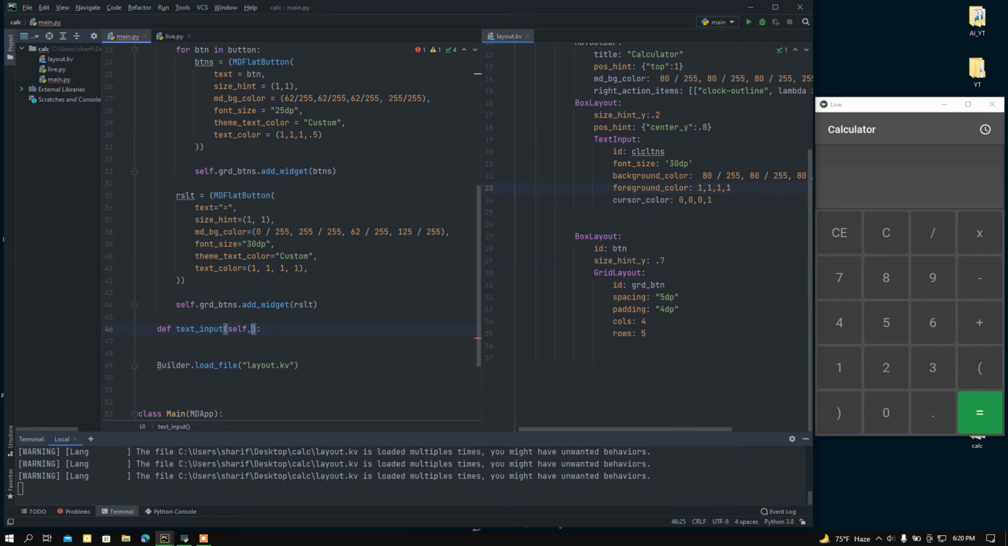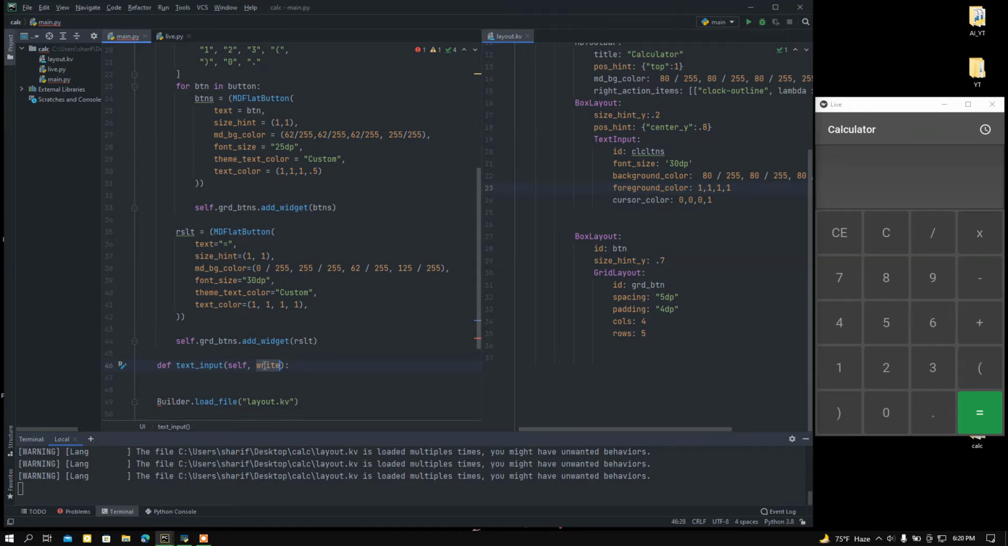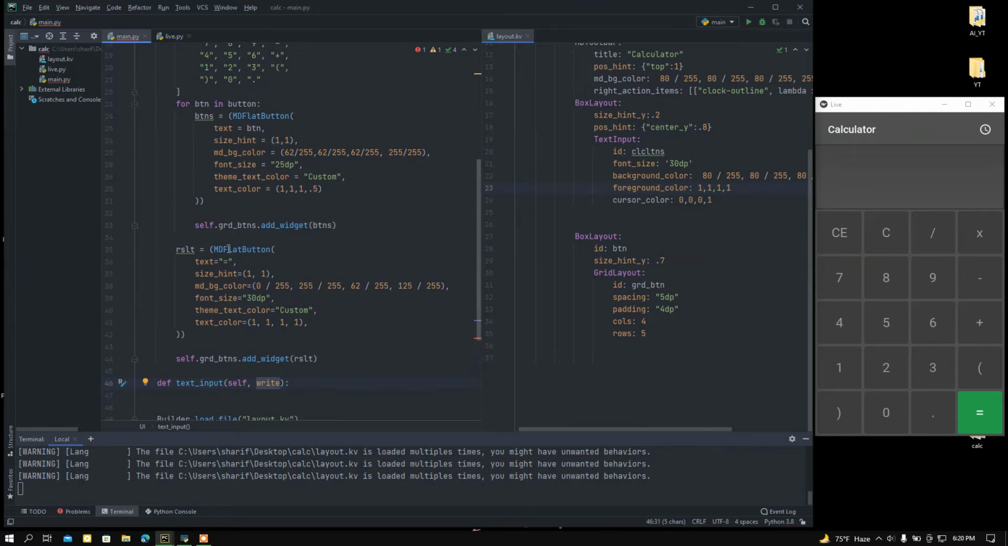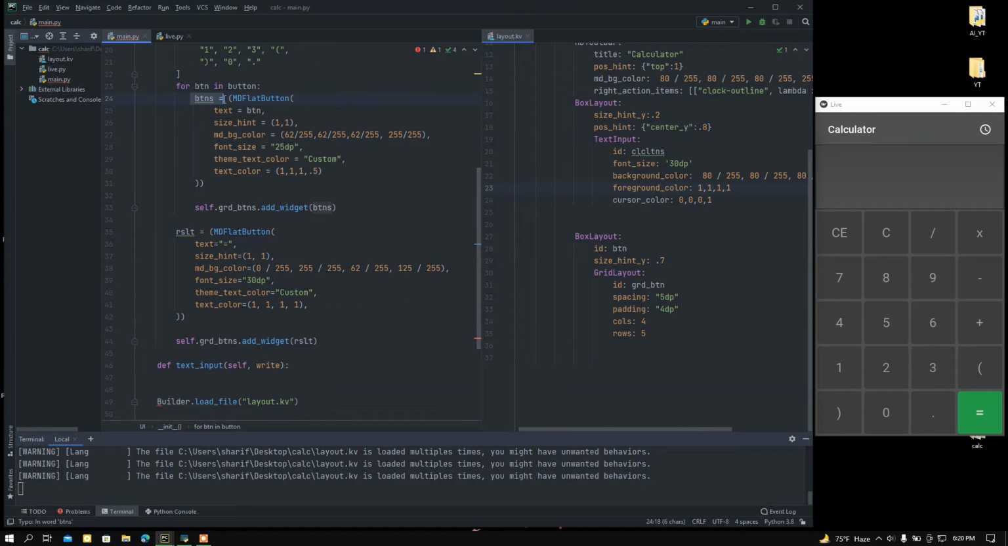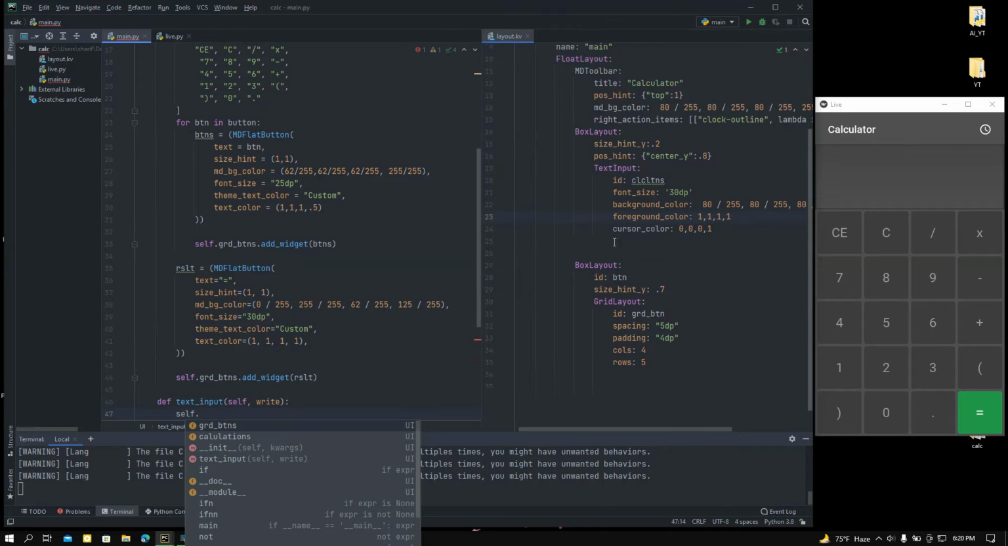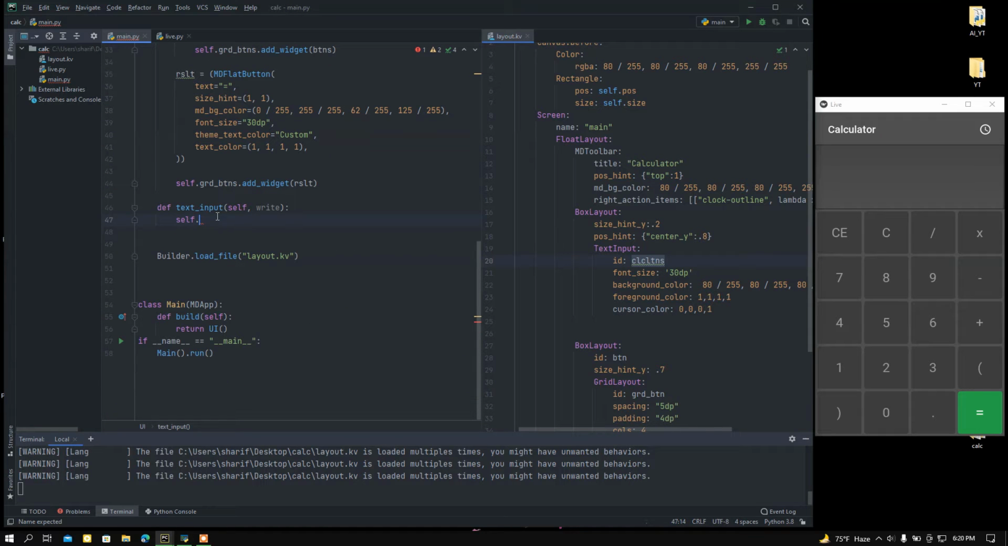and here I'm going to pass an argument. Let's say right. This argument is an instance of this button, so I'm going to bind this button's on release method with this instance. I'm going to access this ID, self dot